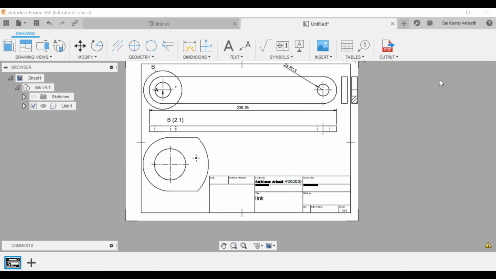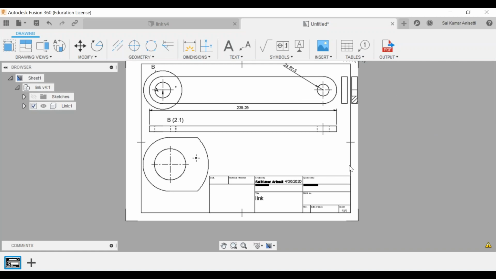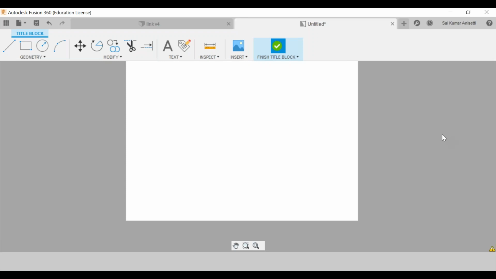thing is edit title block. Just give add title block. See, if you have your own title block, you can define it, or else if you want from a DWG file, you have your DWG file. Like in your AutoCAD, you can design your template and you can import that from your source element. And let's click OK. Now into this line type, line weight, borders, and everything, you can just